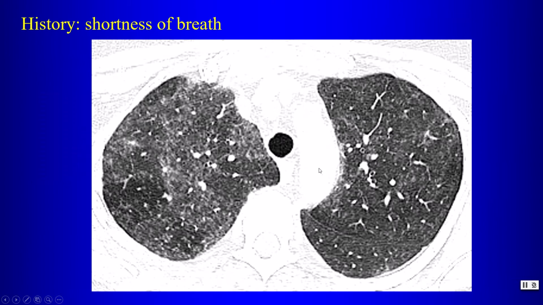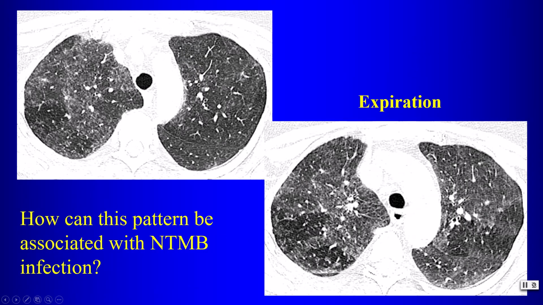If I tell you this patient is short of breath and has this appearance, these kind of patchy centrilobular regions of ground glass opacity, some mixed attenuation here, more lucent areas, and we can see on the expiratory CT there's extensive air trapping. So this is a pattern, of course, of hypersensitivity pneumonitis,